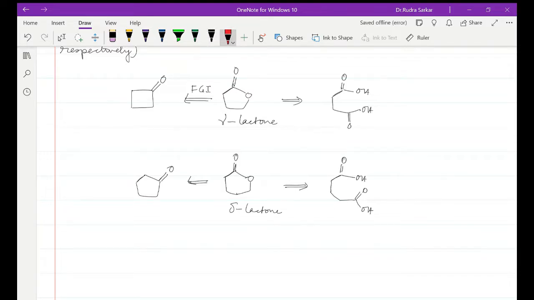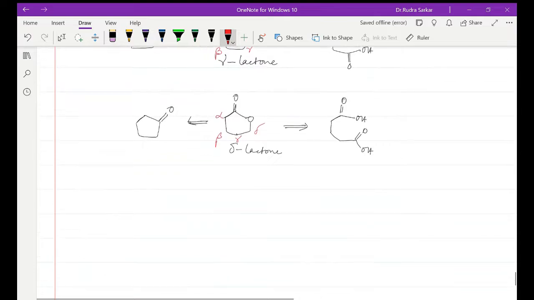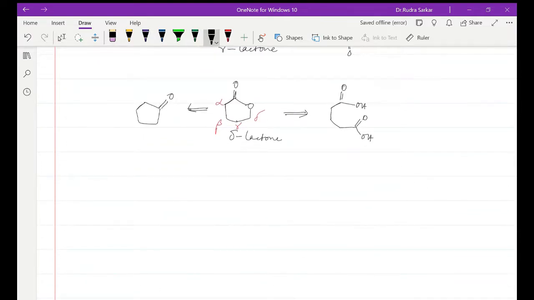Now how is the naming happening? If this is the alpha, this is our beta, this is gamma, this is alpha, this is beta, gamma, and this is delta. Okay. So now we have discussed the retrosynthesis of lactones. In the next